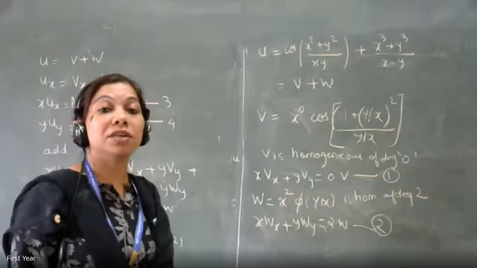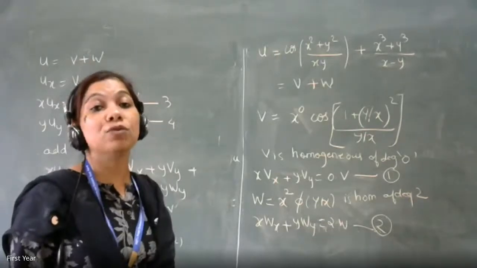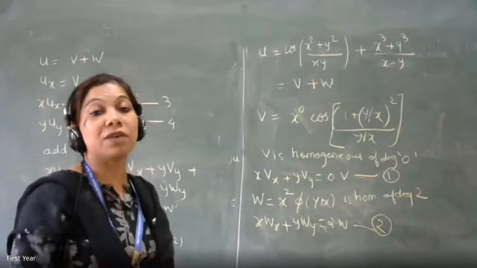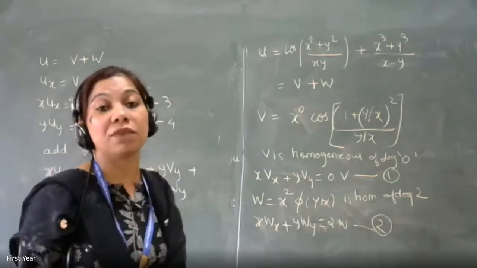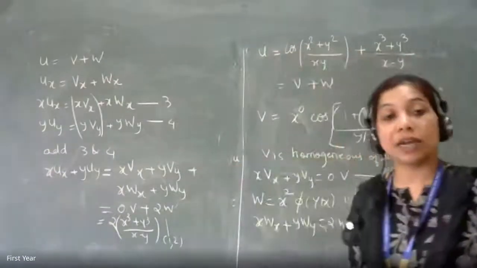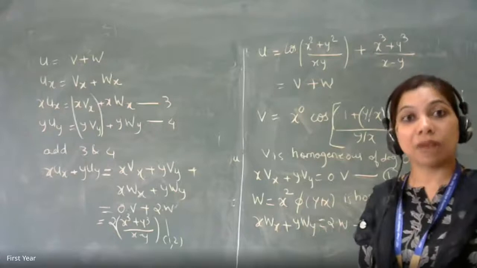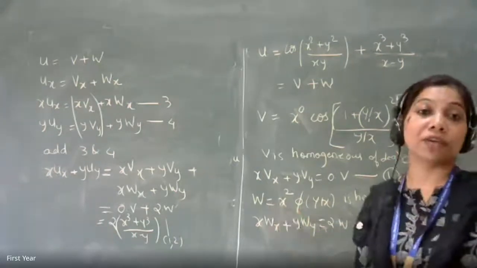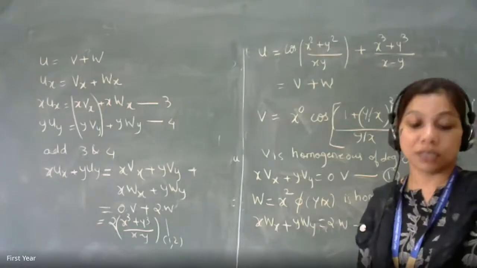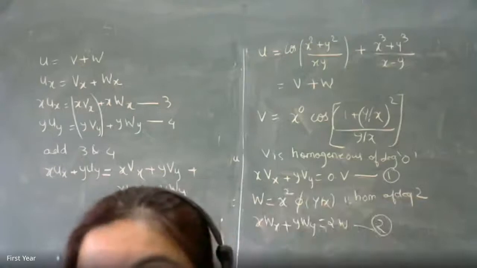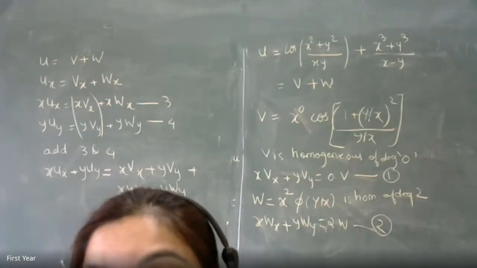And if it is z with respect to y, then a plane parallel to ZOY will intersect the surface, and that intersection curve will have a tangent line. The slope of that tangent line will be your partial derivative of z with respect to y. Okay, all these things you'll get in B.V. Ramana, Grewal book, and so on. Okay, but right now we are looking at the applications of partial derivatives. Is this clear to everyone? So please go through the examples that I have shared with you on the theory of partial derivatives. Maybe on Monday I will give you the MCQs for